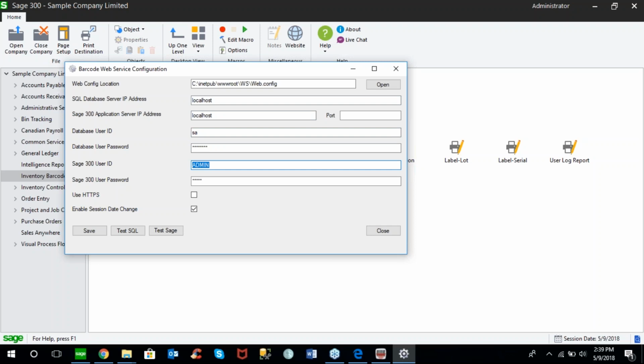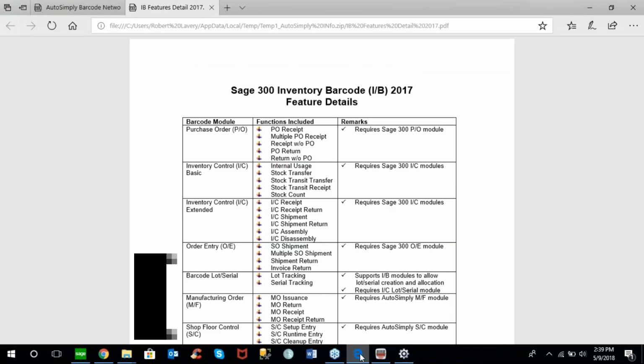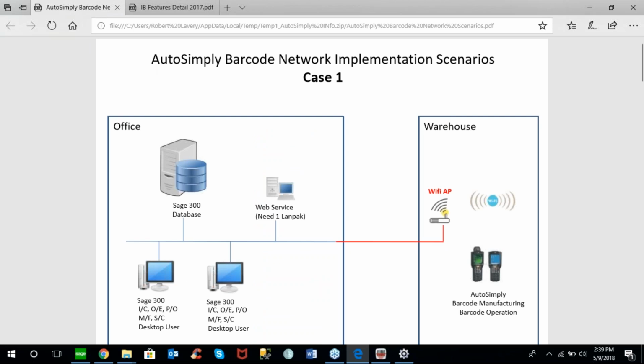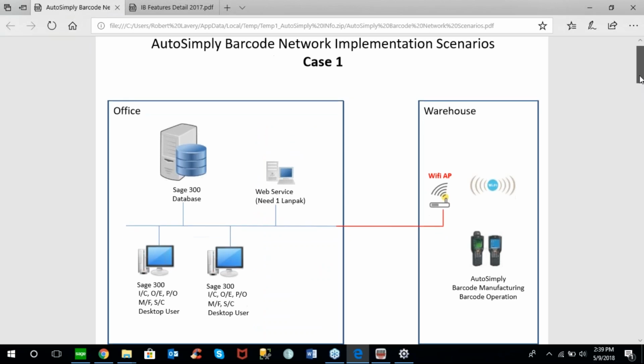So I mentioned that the barcode users themselves do not consume a Sage 300 LAN pack, but the barcode system itself does actually consume one LAN pack. So we would request that you set up a dedicated Sage 300 LAN pack license in order to do that. So we not only list all of the features that are included with the barcode module and what's required, but we have a diagram that shows you the configuration for the different scenarios, whether you're working with one warehouse or whether you've got remote warehouses that need to